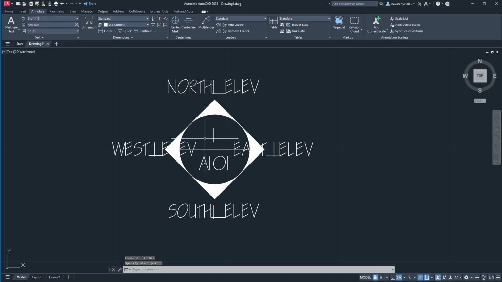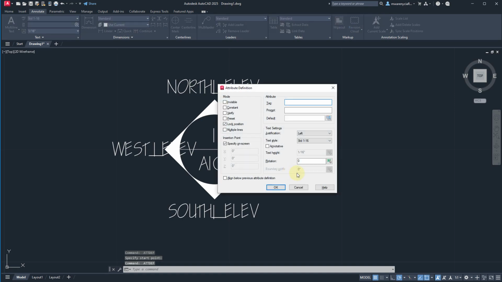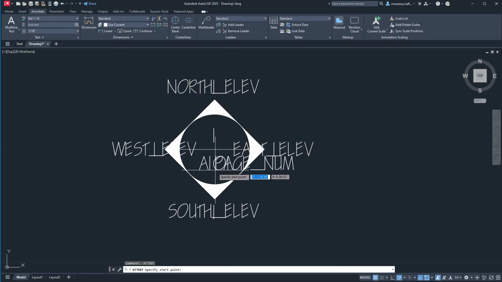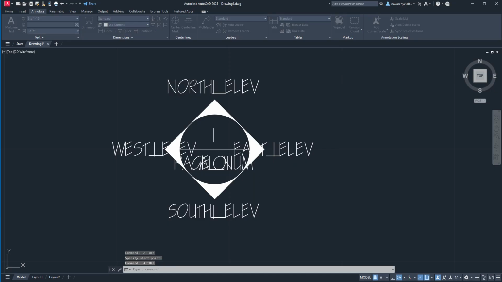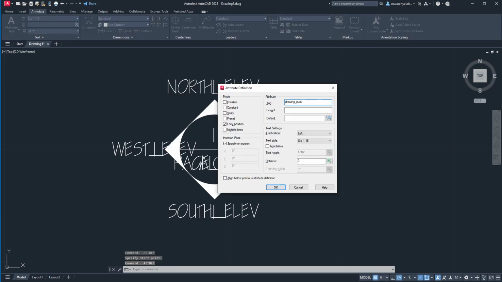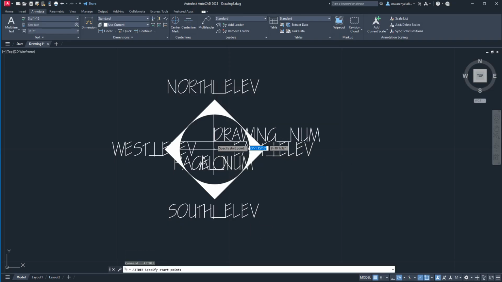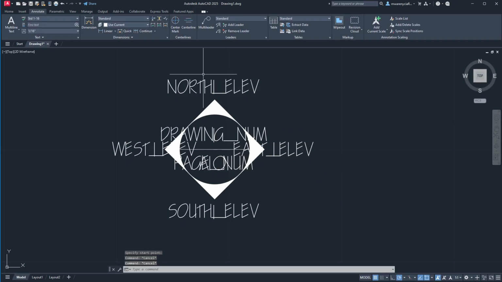And then again, these values, like I said, these values in here represent different things. So this one will be page num, and we'll put this one right here, and then drawing num. So it's a little bit of work to get this set up because you do have to do all this other nonsense. But now that I've done this, what I can do